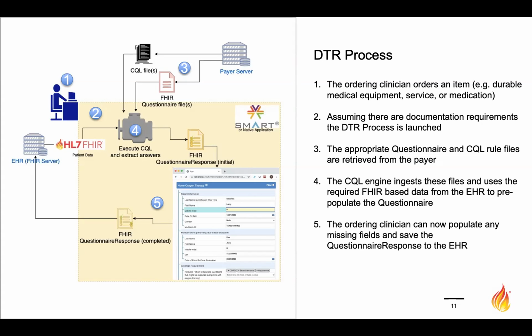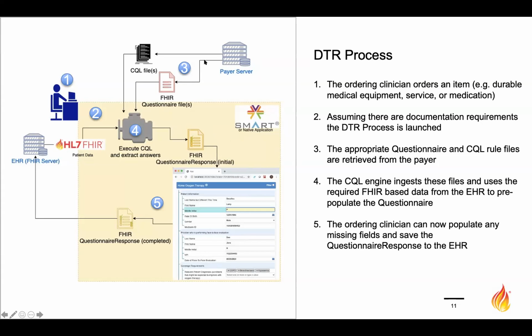So just to go over this workflow, a clinician might want to order DME, for example, or a service or medication. They would, assuming that the CDS call they made to the CRD service said that documentation was required, the SMART app would launch. The SMART app is contained in this kind of box here. And again, there's a little note here. It could be a native application, so it doesn't have to be SMART, but something would launch, and it would